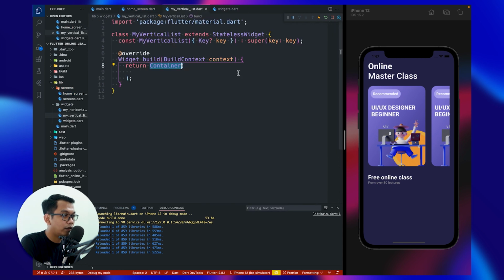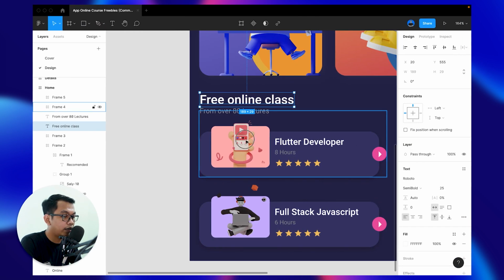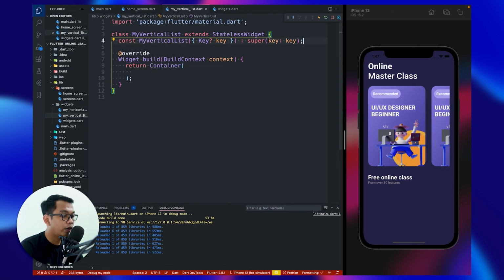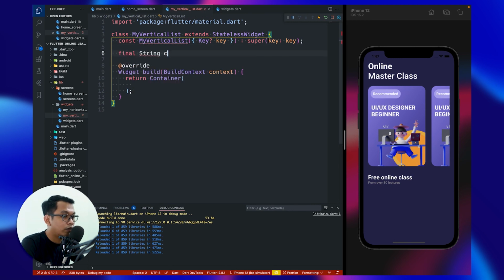And for our vertical list, let's see from the design, at least we have to create a variable to save our image, and then title, rating, duration. So at least we have to create 4 variables. The first one is a course image, and the second one is title and a duration.